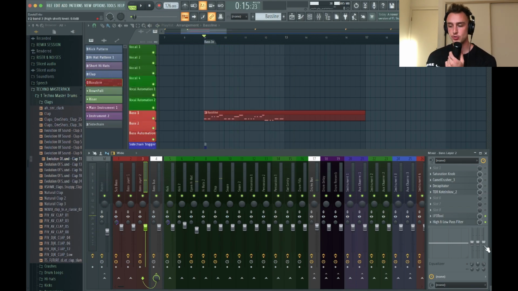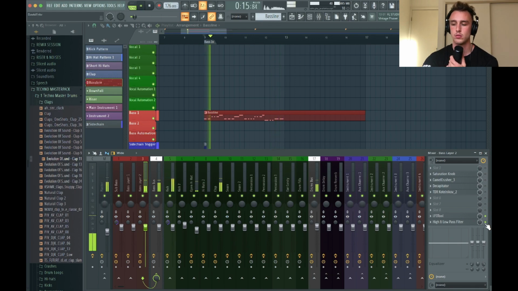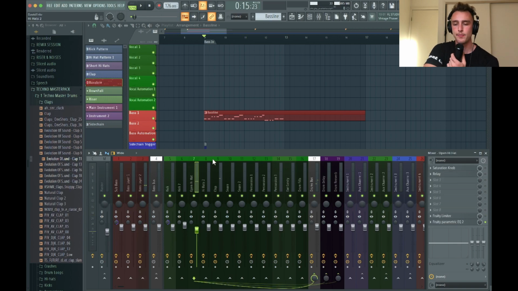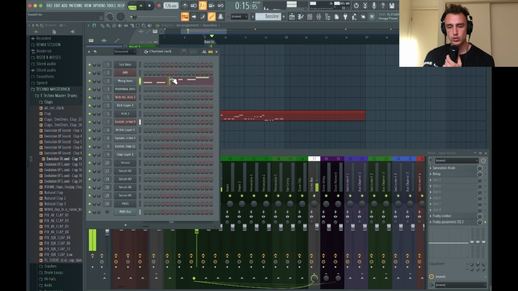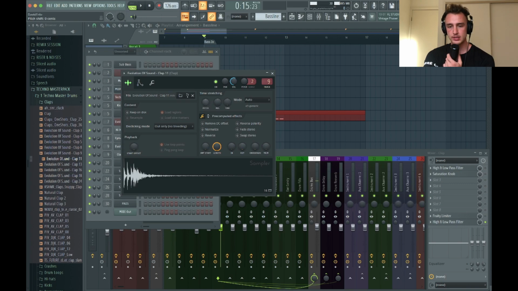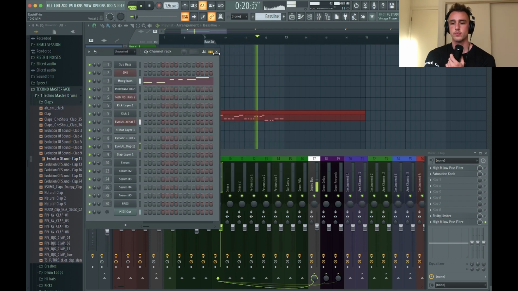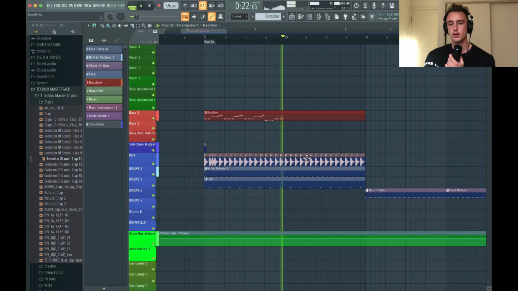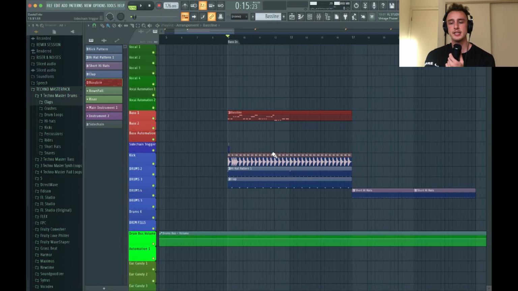And as well, I sometimes try to mute the plugins to see if I actually need it or not. I like it. The clap for me still is a bit too... I want to pitch it down a little bit because it sounds too... I like that. What I usually do then is, depending on the vibe,